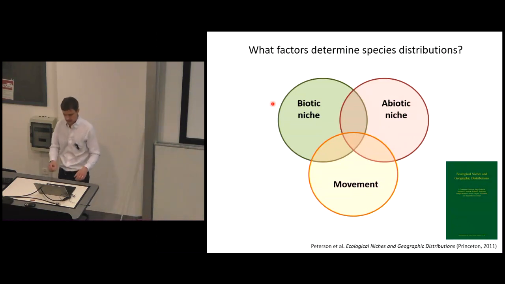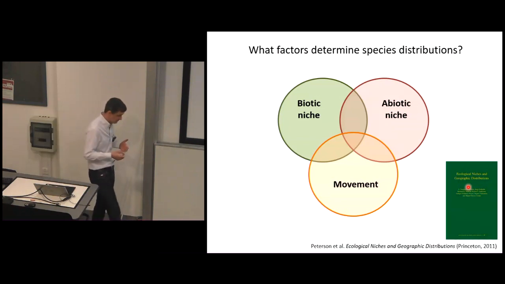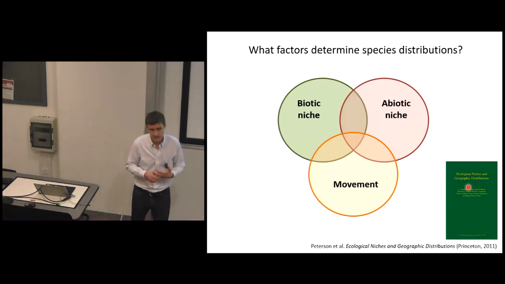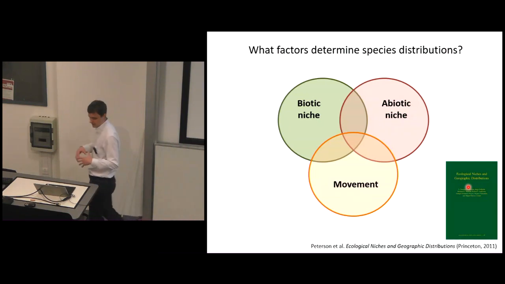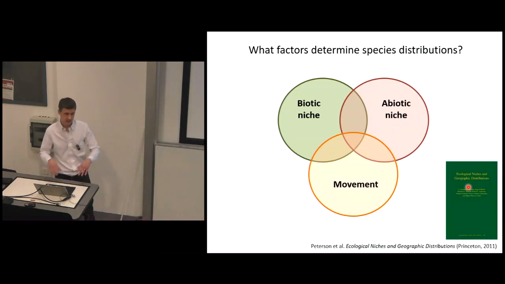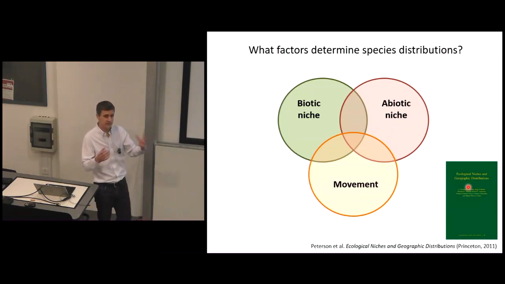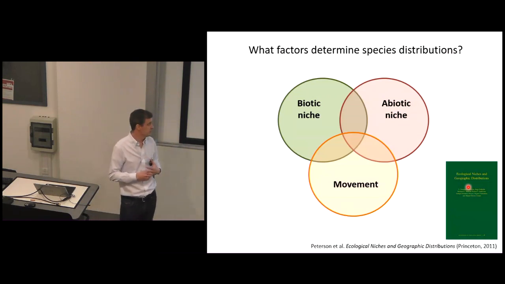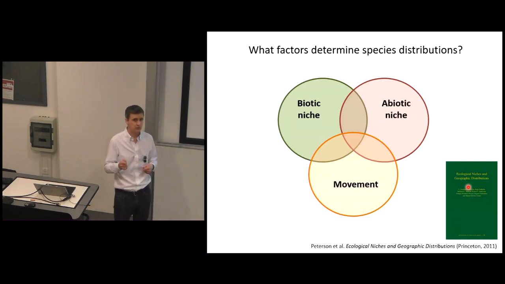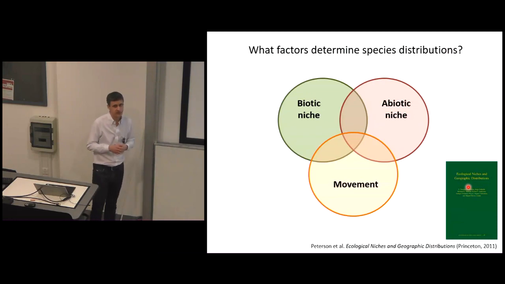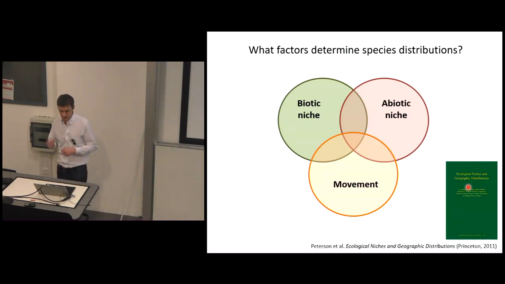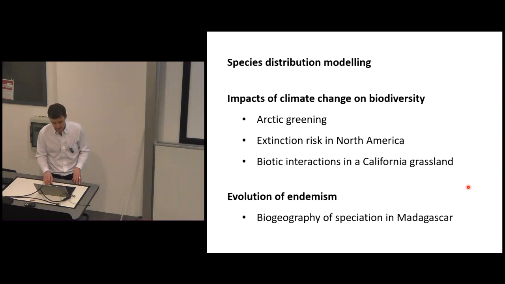So one thing that I've worked on in collaboration with colleagues is a monograph that we published a few years ago now, but that really tries to generate a more modern synthesis of niche theory and how it relates to the biotic, the abiotic community, how movement comes into this, and crucially how that's arranged across different ecological scales, which is something that I will come back to.